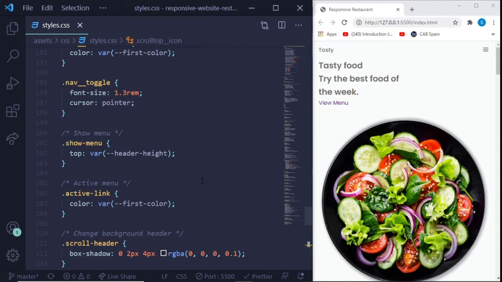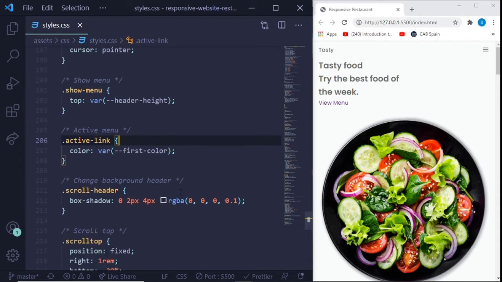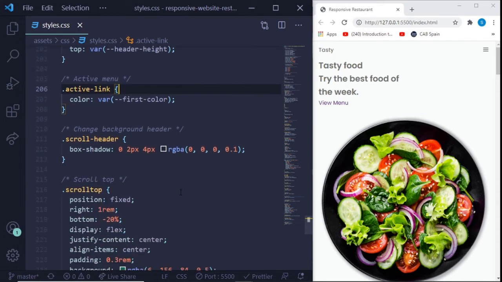Now the show menu, we give it a header height, and then active link, we give it a color, and after that we give also our scroll header, and all this is now HTML. So as I'm talking about them, it would be nice if you had your HTML to the side. Set active link to color var first color, and